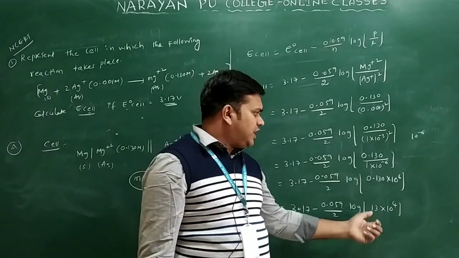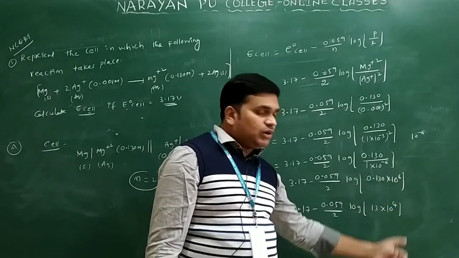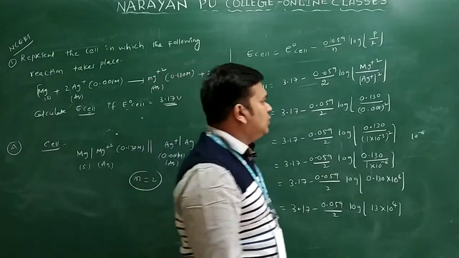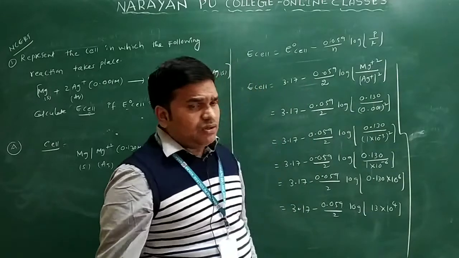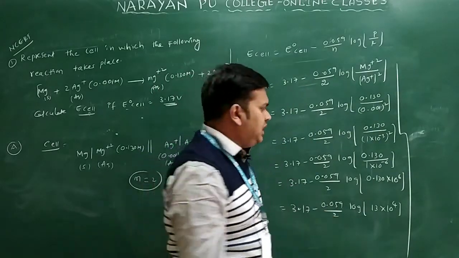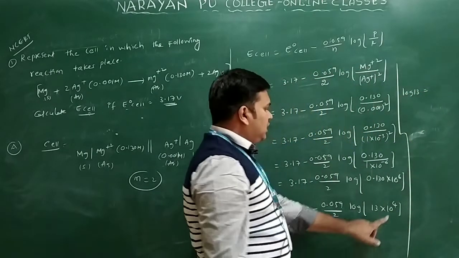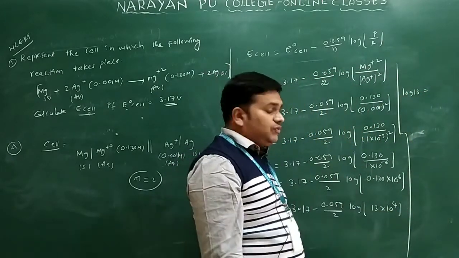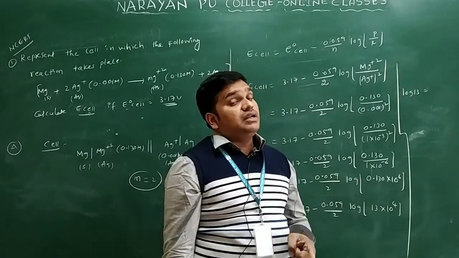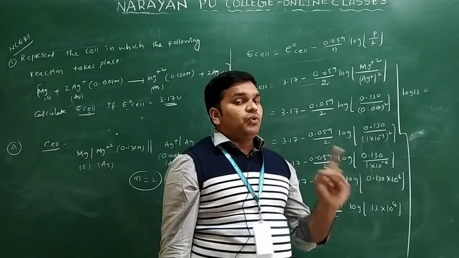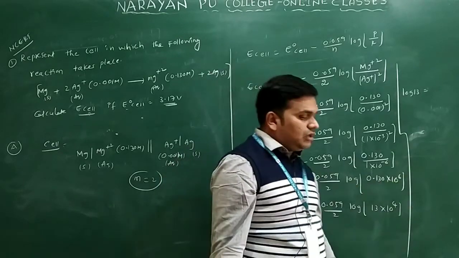Instead of that, what I am doing here is multiplying this one, and it becomes 13 into 10 power 4 only. Now you will see the next step. In the next step, I want to find out the log 13 value only. Clear? Okay, we have to know the log 13 value. So 10 power 4 is there here. I will write that in the form of 4 log 10 only. Already I told you just now that the log 10 value is 1. If you write 4 log 10, 4 into 1, what is the value? We have 4. Let us see the value of this log 13 only.